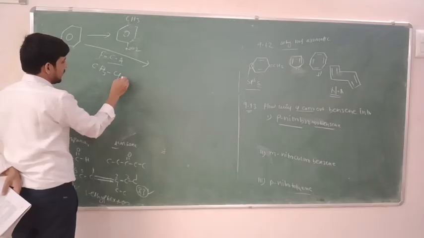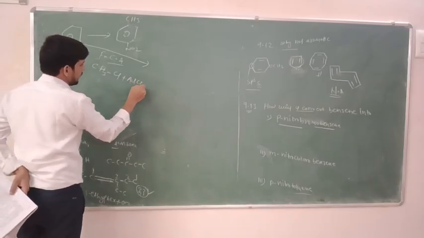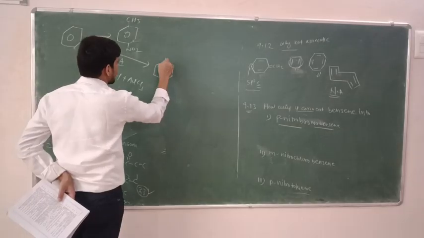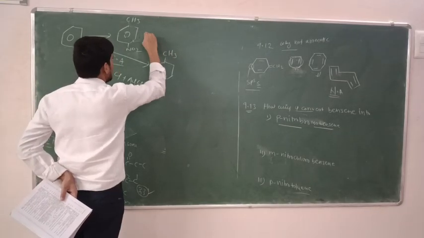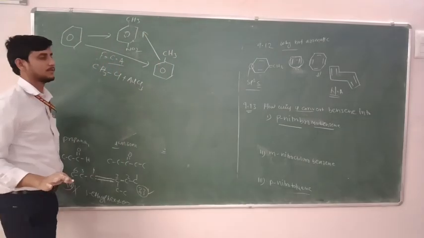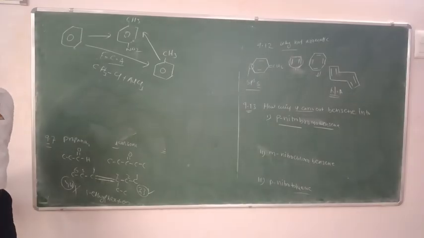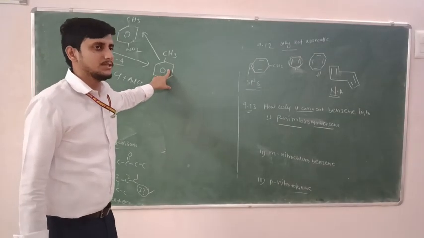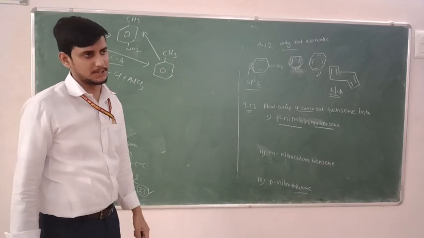CH3Cl plus AlCl3. Methyl form. And from this compound to these compounds, in a methyl,